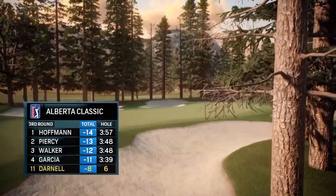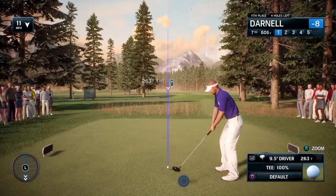Now to the second par 5 on this opening 9. Frank, this is a pretty long